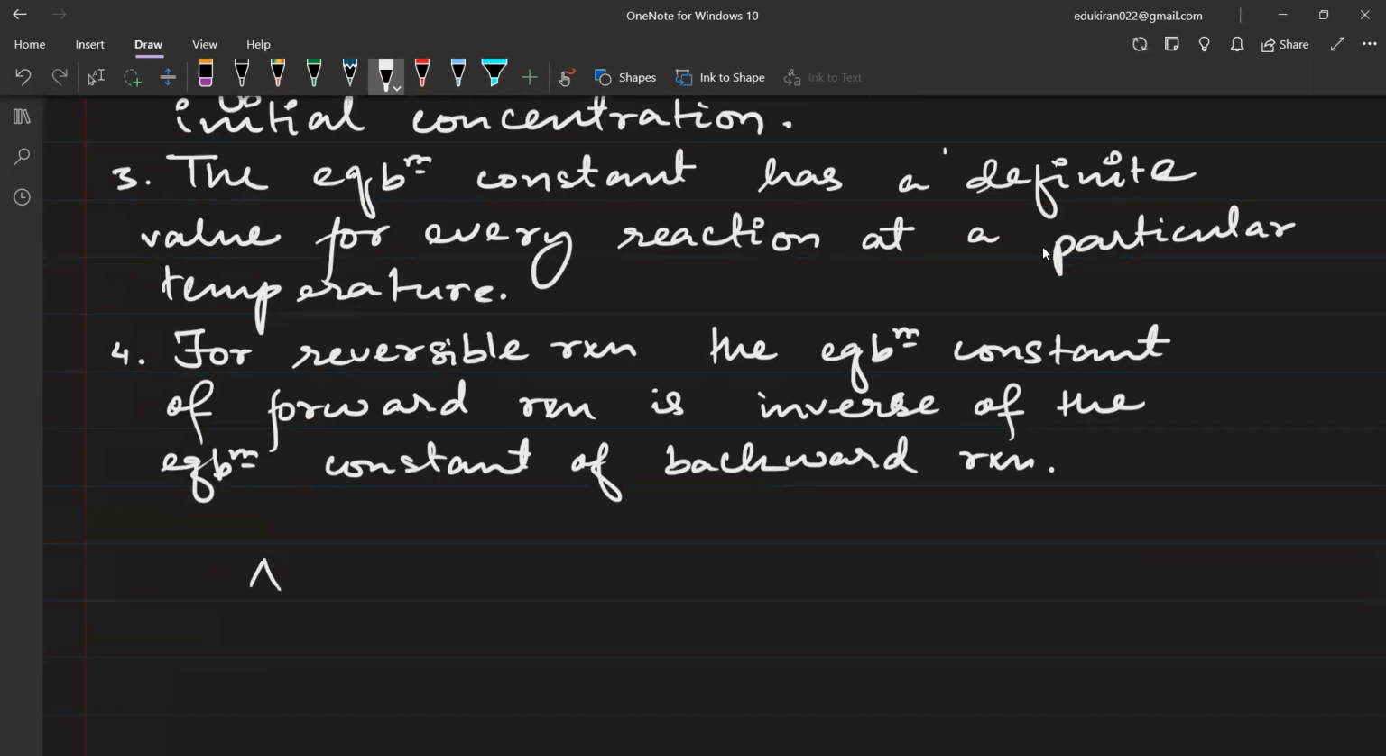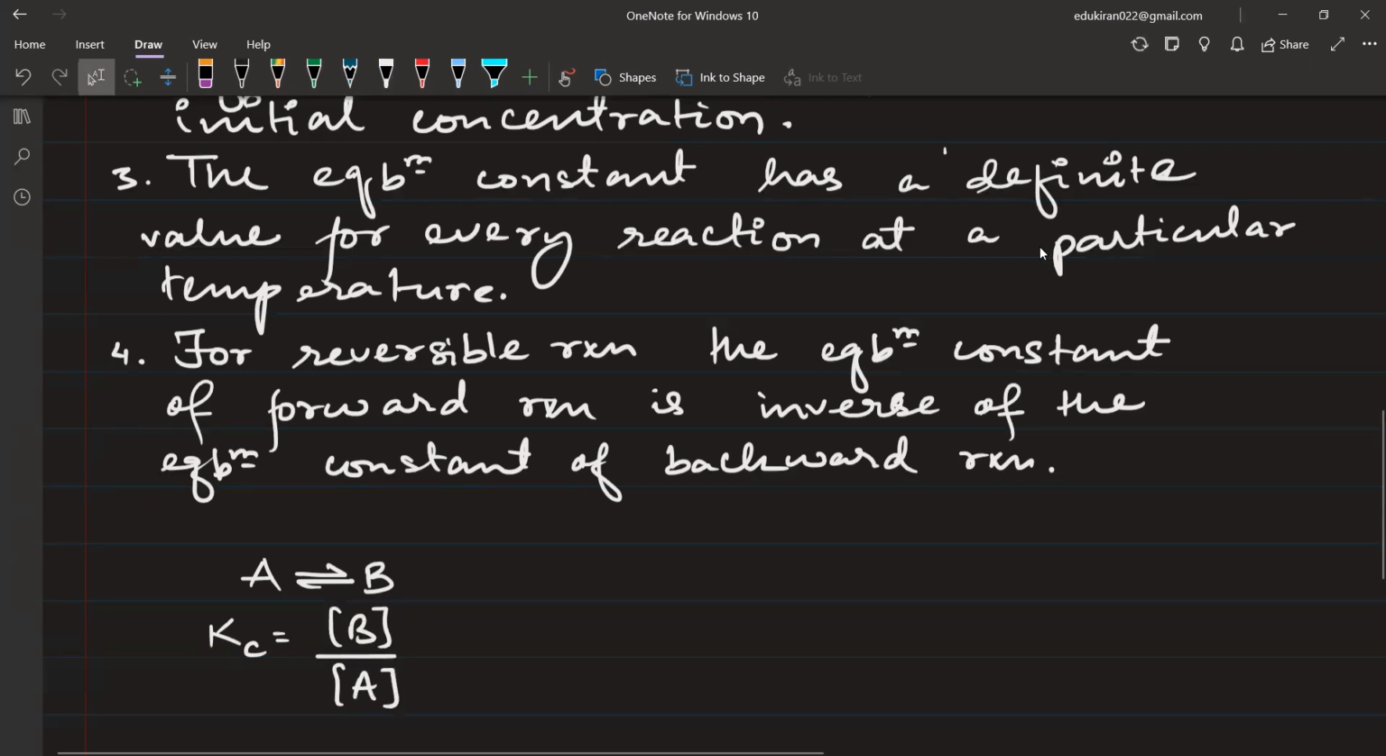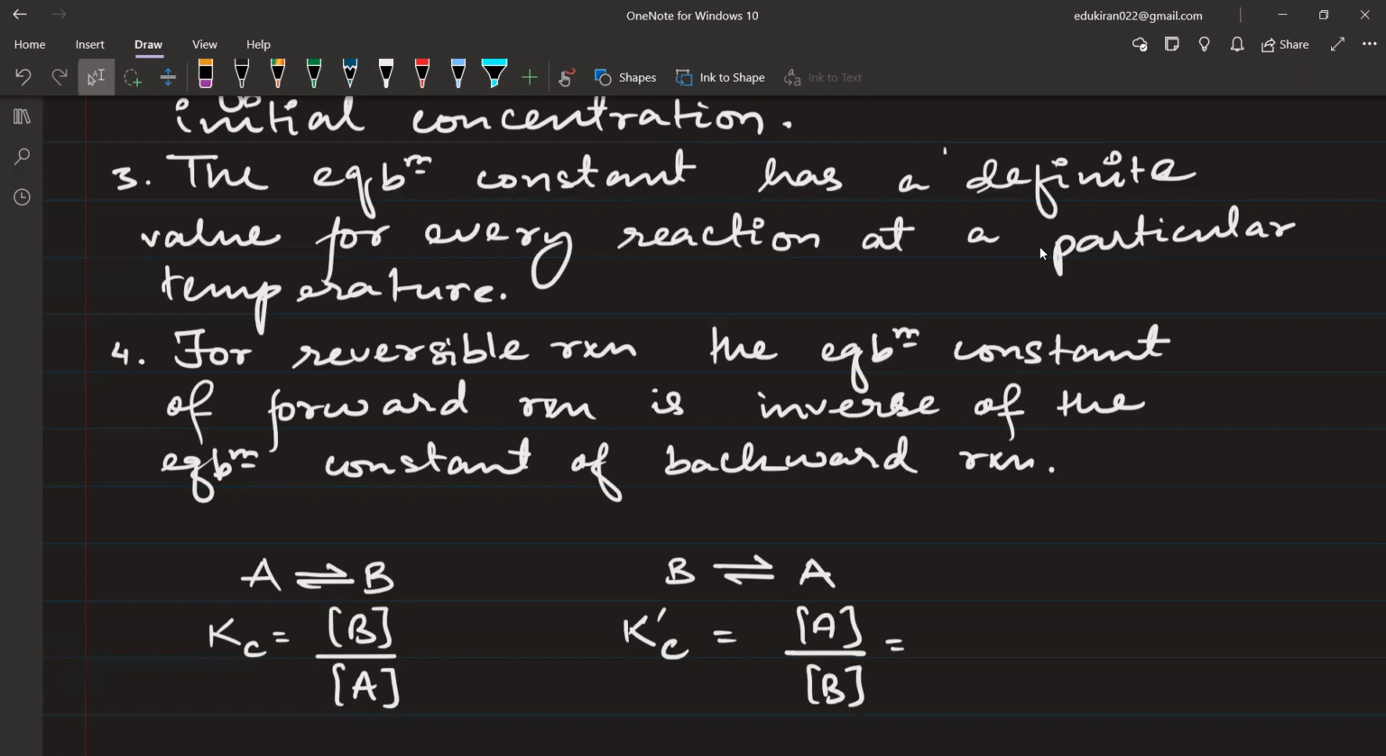So fourth वाले का मतलब है, if I have A that is giving me B, if I am writing the reaction in this way, then I will write the equilibrium constant K is equal to the concentration of B upon the concentration of A. But since this is a reversible reaction, we can also have B giving A. We are writing the reaction in this way. So अब यहाँ पे जो K dash C हम मानेंगे, this is another equilibrium constant, that will be concentration of A upon the concentration of B. So this is completely inverse, so I can write this as 1 upon Kc. ठीक है,